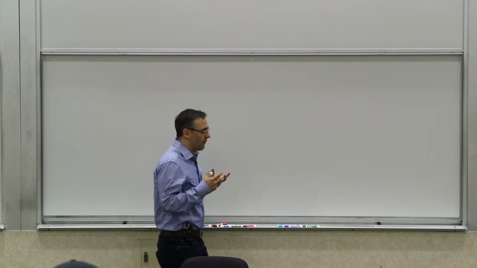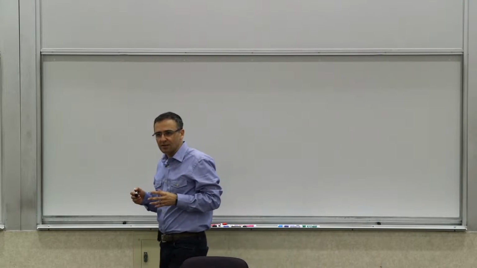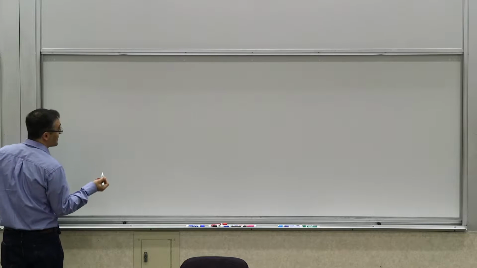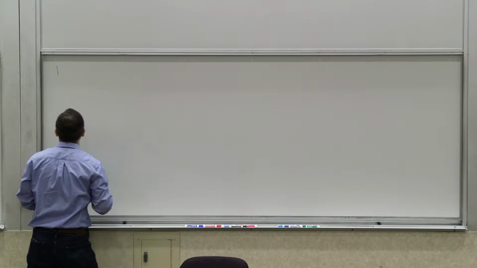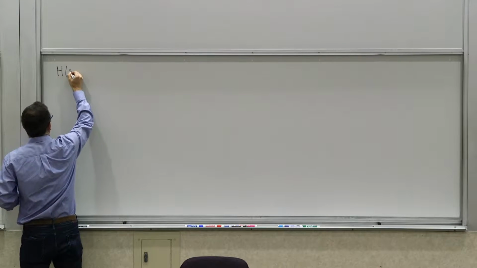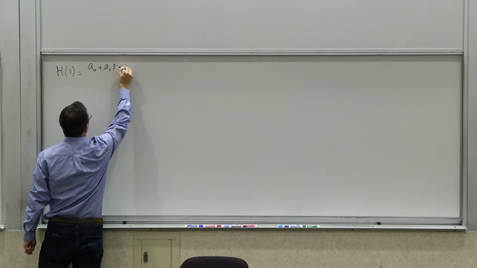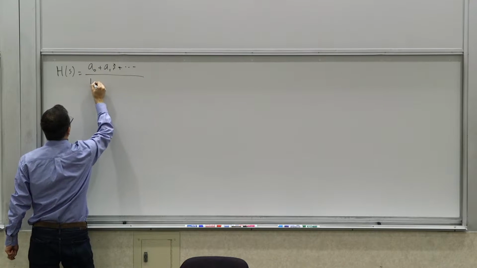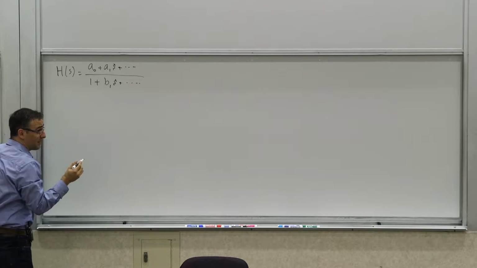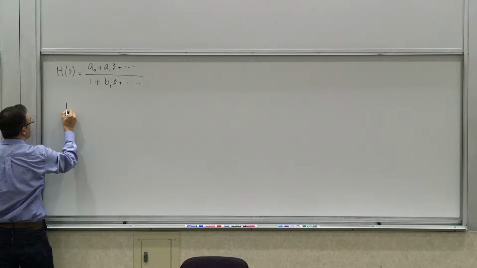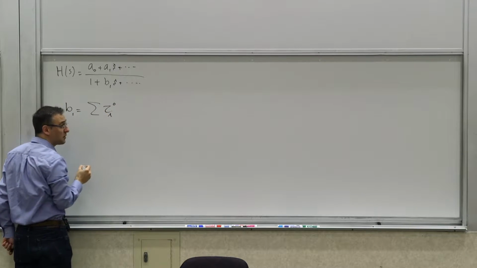All right. Last time we discussed the method of ZVT, zero value time constants. And we saw that in general, for a system with a transfer function H(s) that can be written in this form, a0 plus a1 s plus a2 s squared, etc., and then in the denominator you have 1 plus b1 s all the way to bn s to the n. We proved that basically b1 is exactly equal to the sum of what we call zero value time